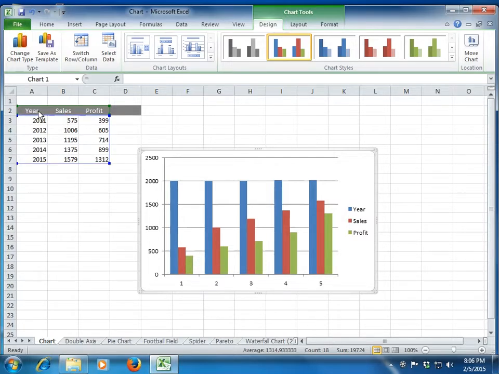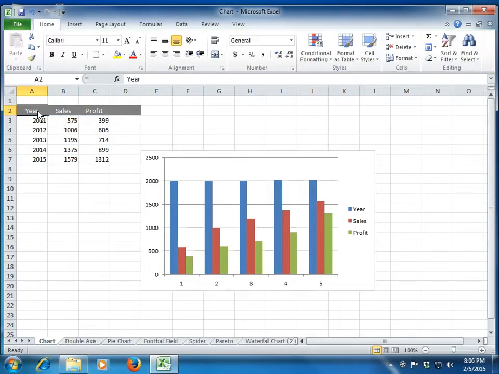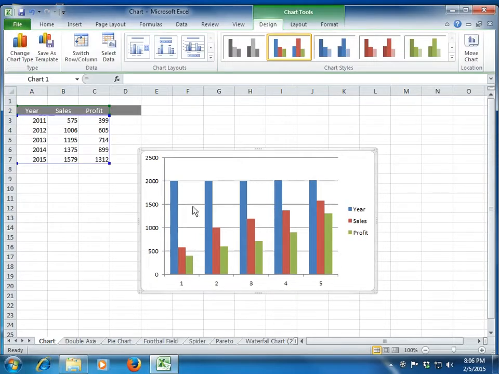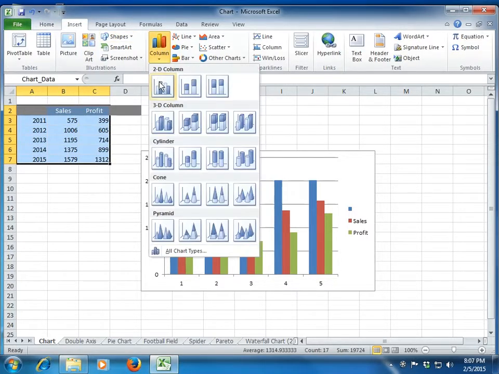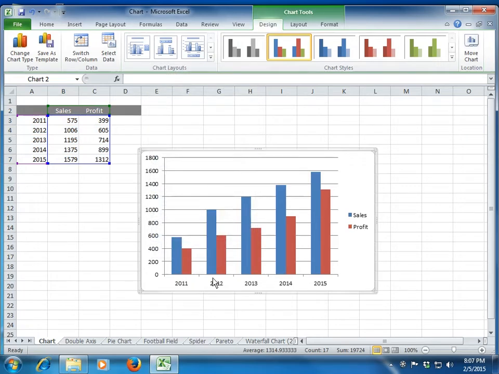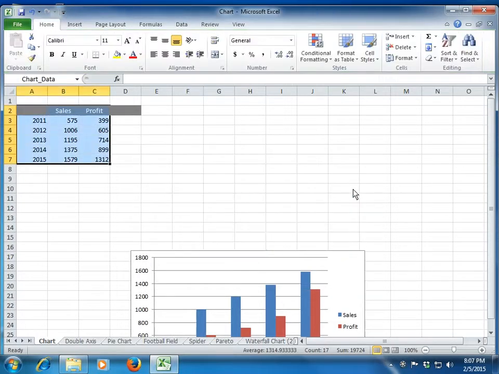So in that case, this is the way out: either we will see how to modify the data once we have created the chart, which is also not a problem, but the easier way to do it is that before I create the chart, I delete the column header for the column which I want to be the x-axis. And then if I create a chart, I go to the insert tab and click on column 2D, and you see that in this case it is now recognizing the first column, that is the one without the column header, as the x-axis for me, right? So that's one thing which you need to remember.